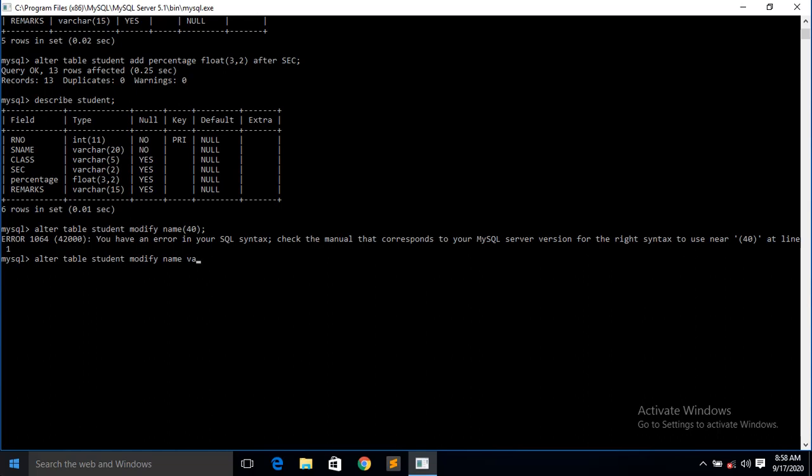Data type will be varchar. Still error coming. Modify name varchar student. Is my table name wrong?